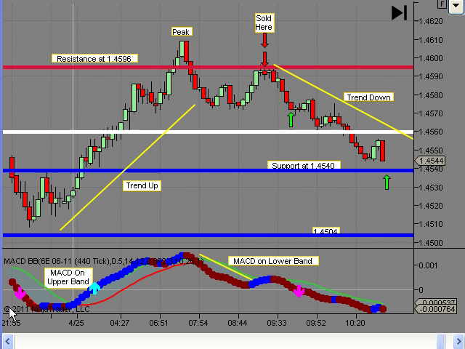46.10. I had resistance, as I note on the chart, as I do every day, in red, a possible resistance area of 45.96. Prices went through that just a little bit and then retraced back to it and under it. And when I find that from day to day, that's a precursor to, or it can be a precursor to, a change in trend. This morning, we also saw the MACD change from an upward trend to a